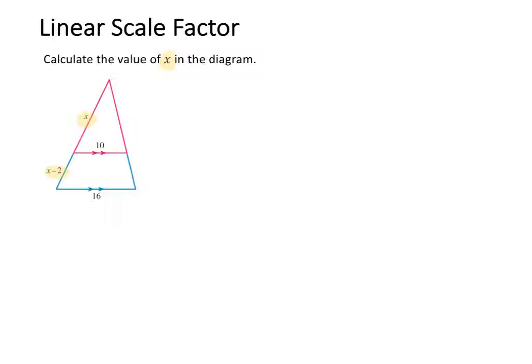So to help us with our calculations, and I recommend doing this whenever you've got two triangles that have been overlaid on top of each other, is to draw the two separate triangles and mark in the known dimensions. So starting off with the top triangle, which is the smaller triangle, it's got a base of 10 and a side of x. And then my second triangle, which is going to be the larger triangle, it has a base of 16 and it has a side that is equal to